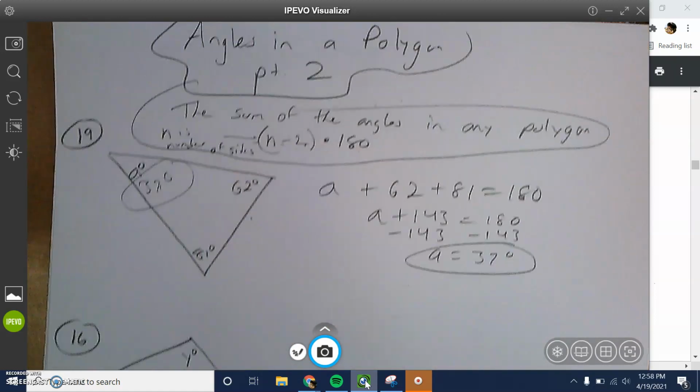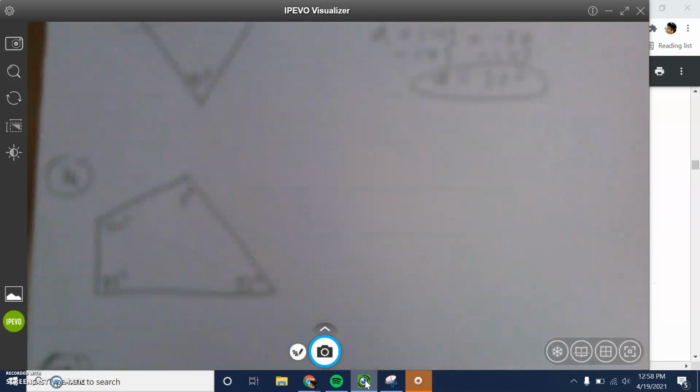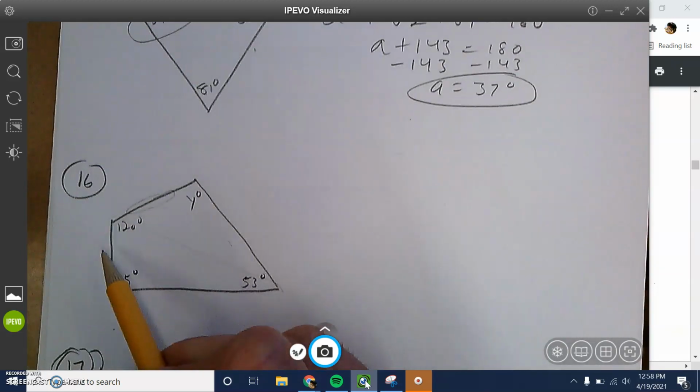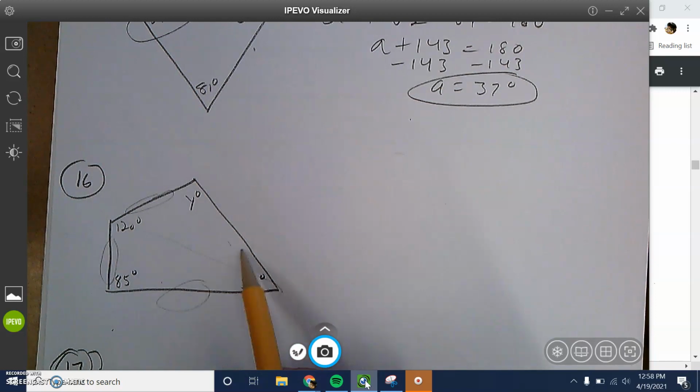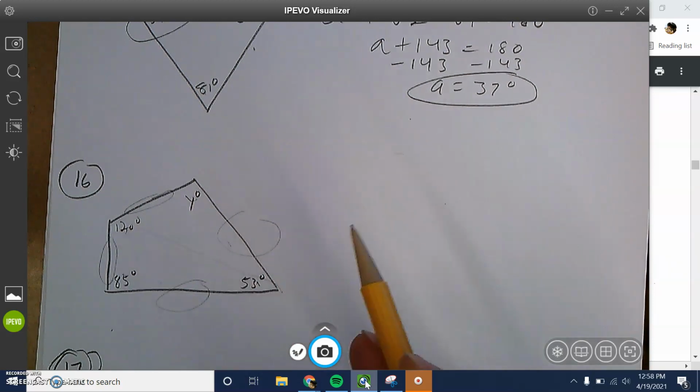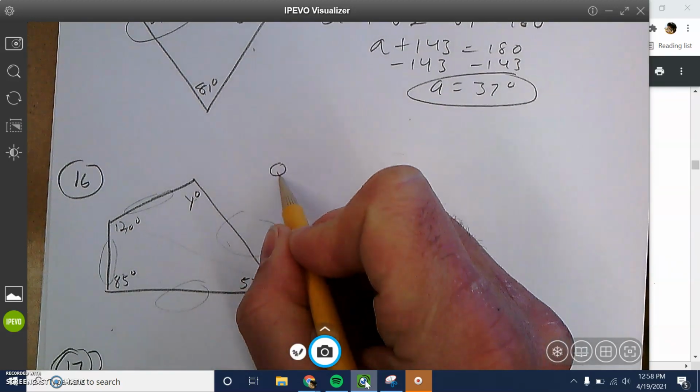Cool. Now what if you got this? Oh my goodness, that's not a triangle, right? Well, what is that? So it always kind of counts. That's 1, 2, 3, 4 sides. Or you can count the angles too. It's the same thing. 4 sides, 4 angles. 1, 2, 3, 4. So this is what you call a